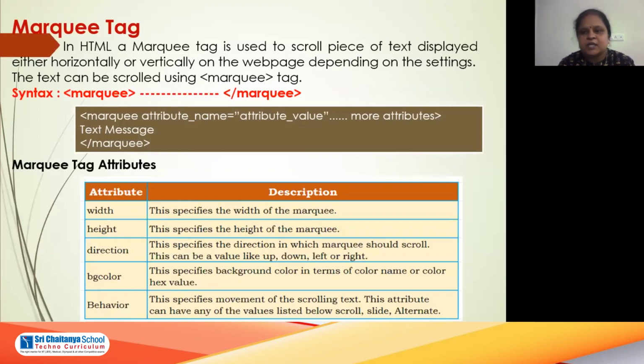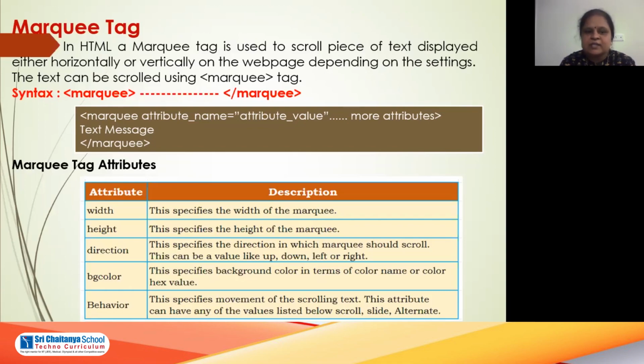You might have seen sometime when you open some result or some government websites, some text will be scrolling from the left corner to the right corner and back to the left corner. It will reach, come back like this, right? Now, how is that created? Let us see how to create that.